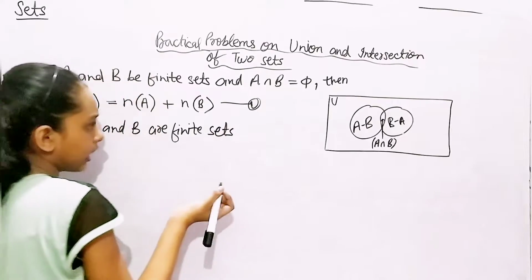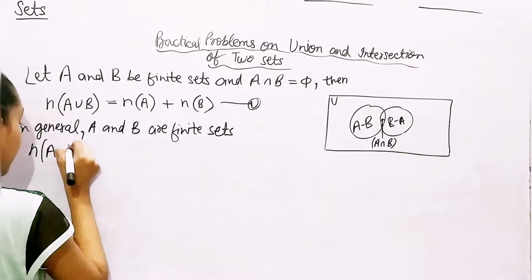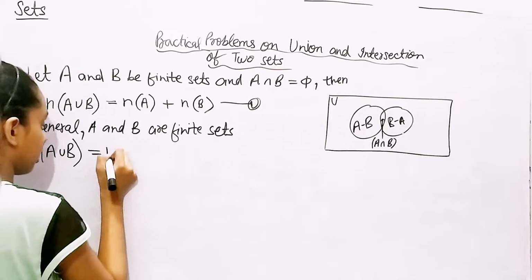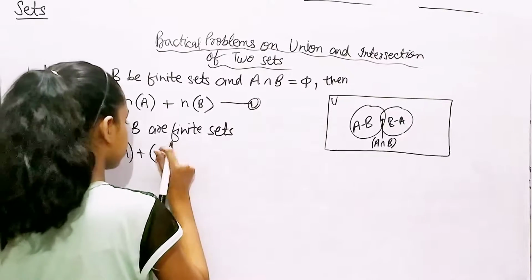Then what are we going to have a look at? It's really simple. The number of elements in A union B is equal to the number of elements in set A plus the number of elements